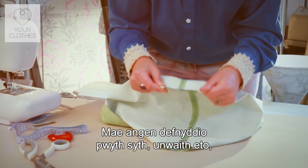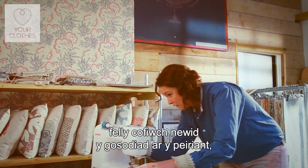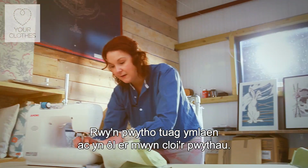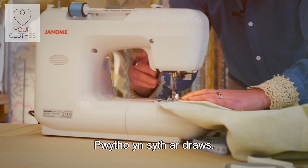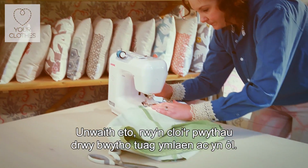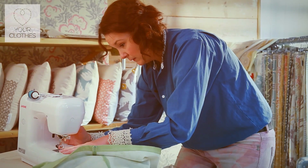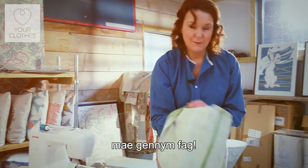And I've pressed those out, and I'm just going to do another straight stitch. So again, just remember to adjust your machine, otherwise you're going to be doing a zigzag stitch. I'm going to go forward and back, locking it in place. Again, straight across, and again, doing another locking stitch by going front and back. You're popping that through the machine, again using the 1.5 seam allowance. And now, believe it or not, we have a bag